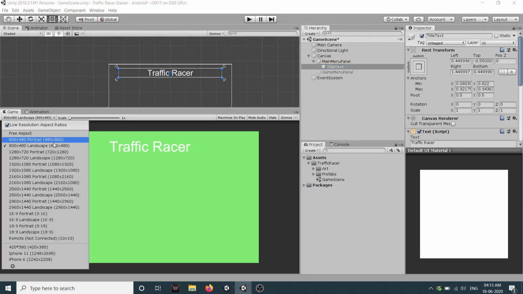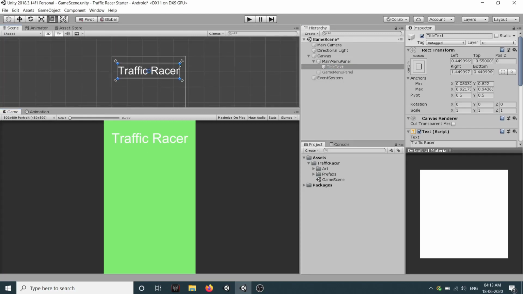If you see in portrait, this distance from the edges remains the same irrespective of the resolution. So that's why the anchoring is important.